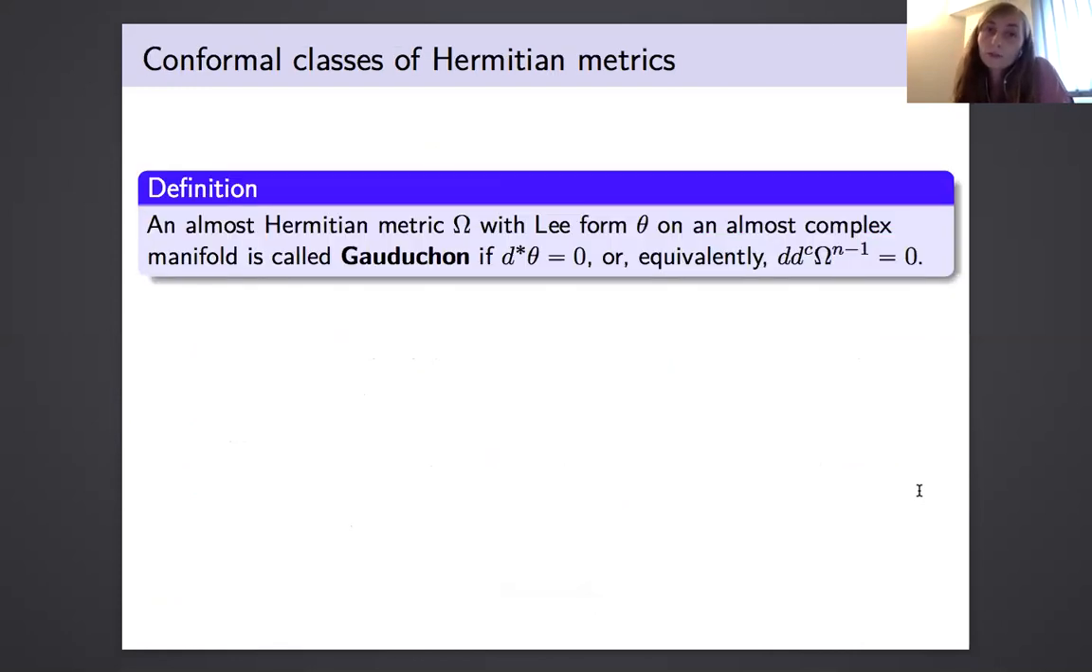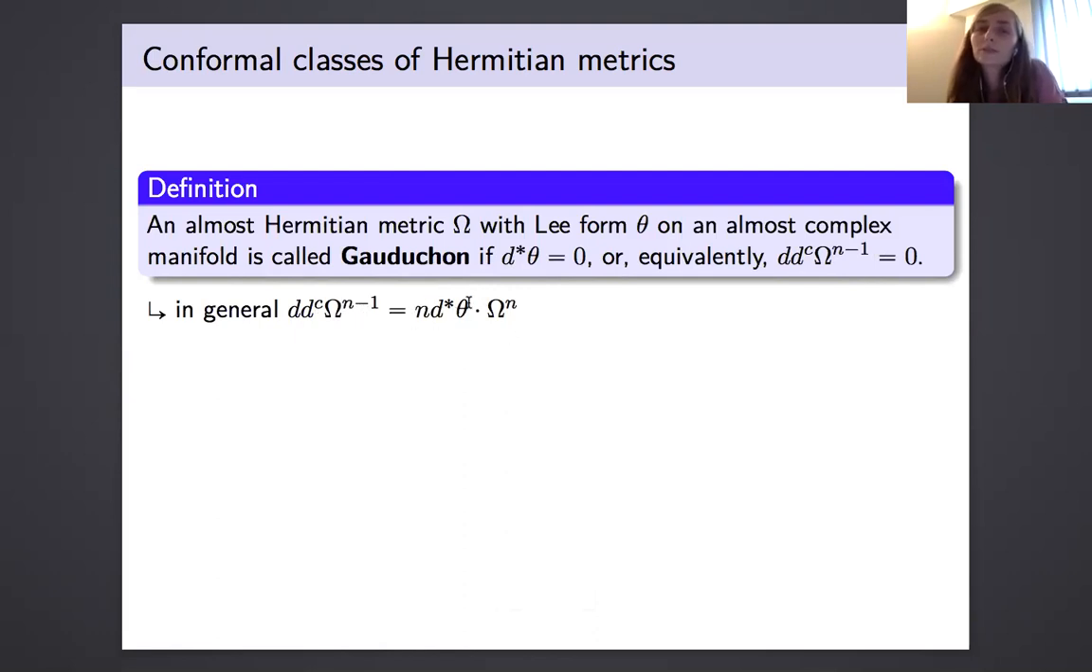And when looking at conformal classes of Hermitian metrics, there is another important notion of a metric, which is the Gauduchon metric. So a Gauduchon metric is an almost Hermitian metric, which is defined by the condition that the Lee form is co-closed, or equivalently by the fact that omega to the power n minus 1 is ddc closed. And this second thing follows from the fact that in general, you always have this formula, which relates ddc to